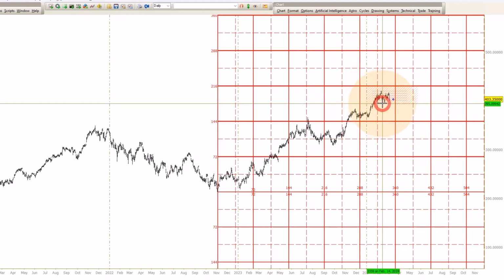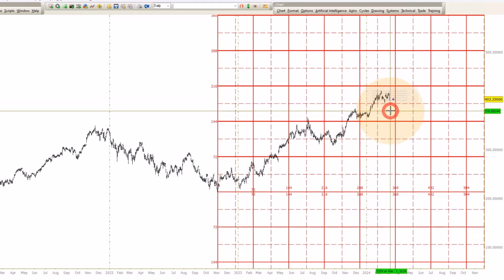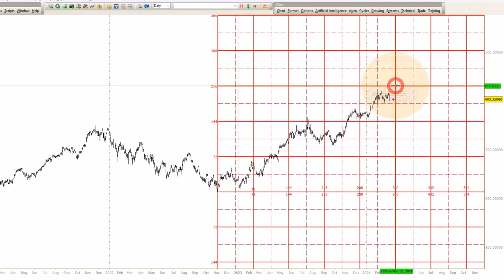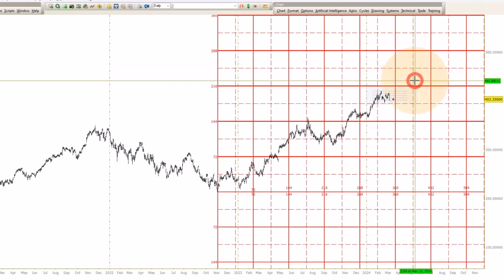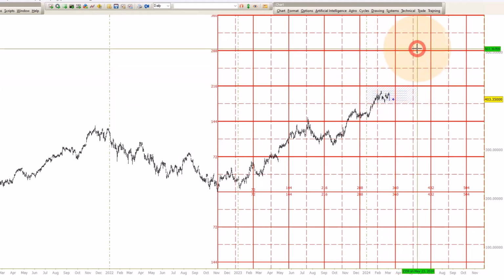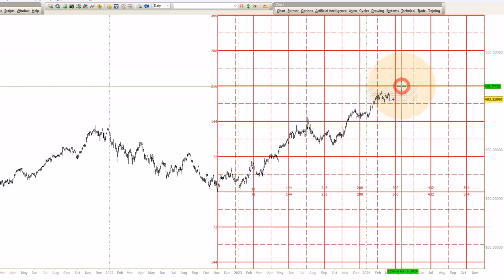But if we break 395 and get a counter trend fail, stuck and under, then we could definitely look at the short side. For a new bull market to start, it would have to break 430 and get on top of it. And I don't know about a new bull market, but at least we can get to 288, which just happens to be right around $500, a nice round number markets like to go to. So it's possible we get there, but in order to do that, it would have to get above 430. That's my take.